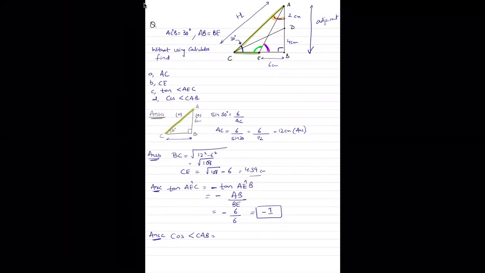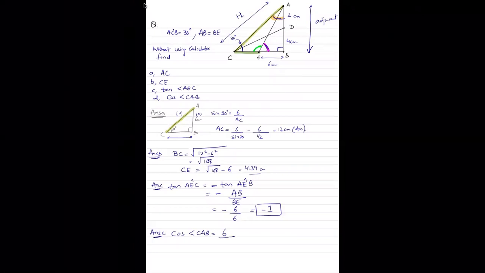So with respect to angle CAB, the adjacent is going to be AB. What is the length of AB? 6. Okay. So 6 upon what is the length of AC in the question? 12. So the ratio is going to come out as 1 upon